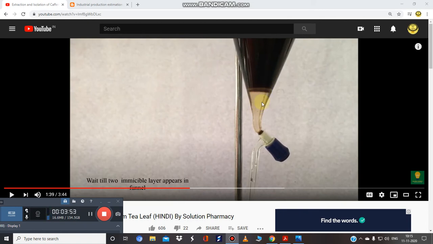The caffeine present in this mixture will dissolve in the dichloromethane or chloroform layer, the organic layer, and we can easily separate it out.